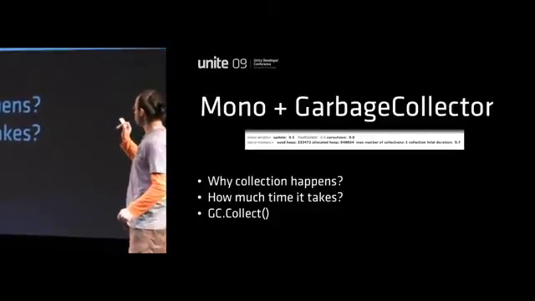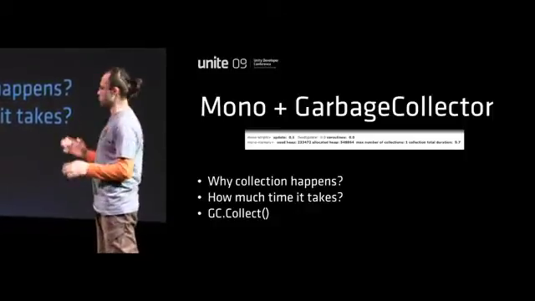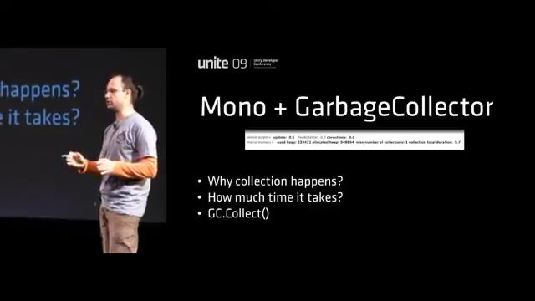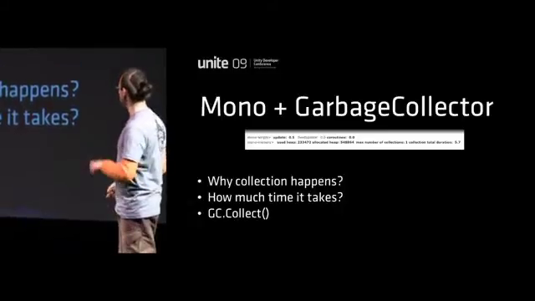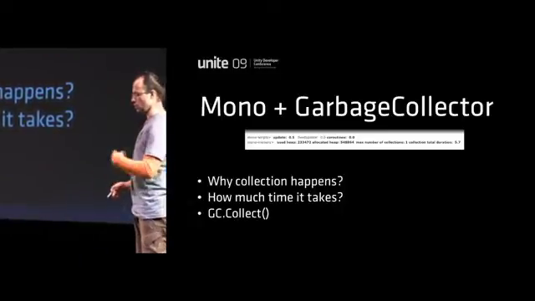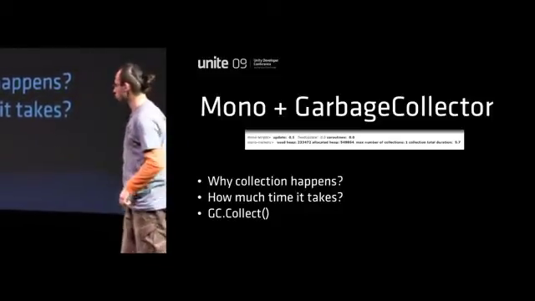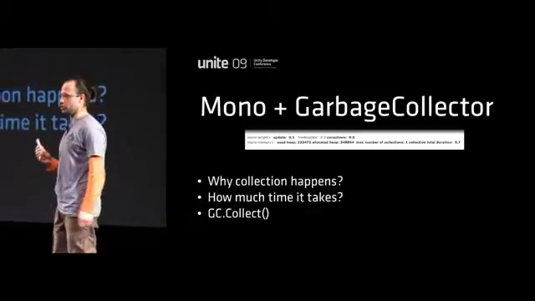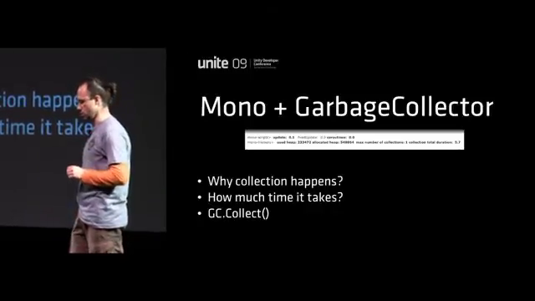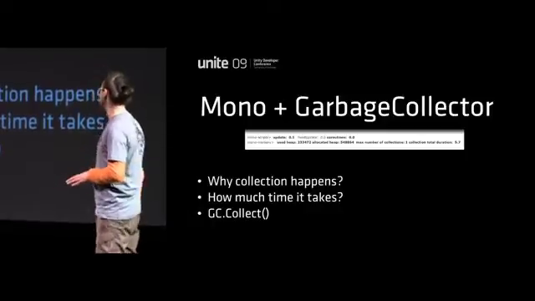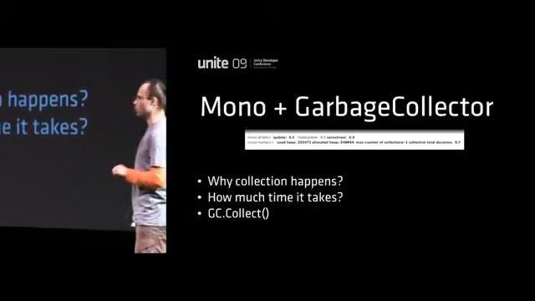And why does collection happen? Well, it happens when the used heap is quite close, when the garbage collector has no more space in this big allocated pool for your new object. So, of course, it will have to go and do something, either expand the pool, or free it up. So garbage collections happen only when you allocate something. Some people think that the garbage collector is running all the time. No, it's not running all the time. It only runs at the moment when you allocate something, and only when there is no more